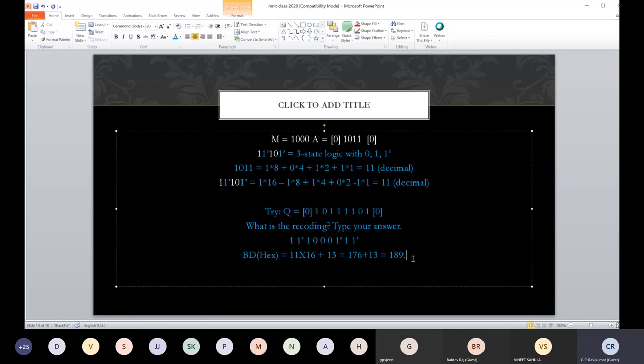Okay. Now the same number has been written as, this is a 1, which means we are giving it a weight of 256. Minus 128, because this has a weight of 128. Then this has a weight of 64. Right. And this has a weight of 4, and this has a weight of 2.